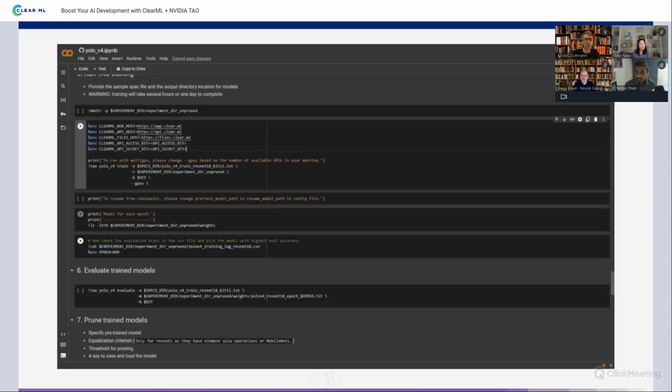So step number one is, of course, finding the Jupyter Notebook or running the original TAO, integrating that with ClearML. As Chintan said before, this is basically setting up some environment variables and making sure that the configuration points to all the different types of visualization that you want to add. Everything else is fully integrated out of the box.